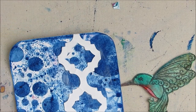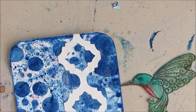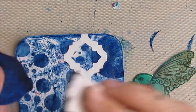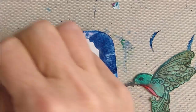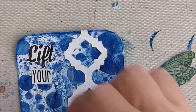So I stamped on this circle. When it was wet, I used the embroidery mesh and just pressed into it, and it got a little bit of pattern in it. And that's a really easy way. Take whatever mark making tool you have and press it into wet acrylic paint and then hit it with the heat tool, and you get that little bit of very subtle texture. So I edged it, I cut out these words, lift your spirit,